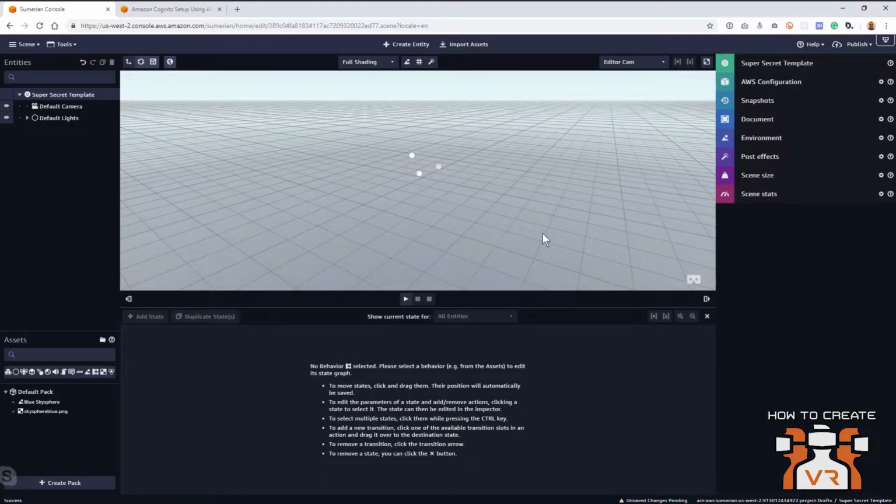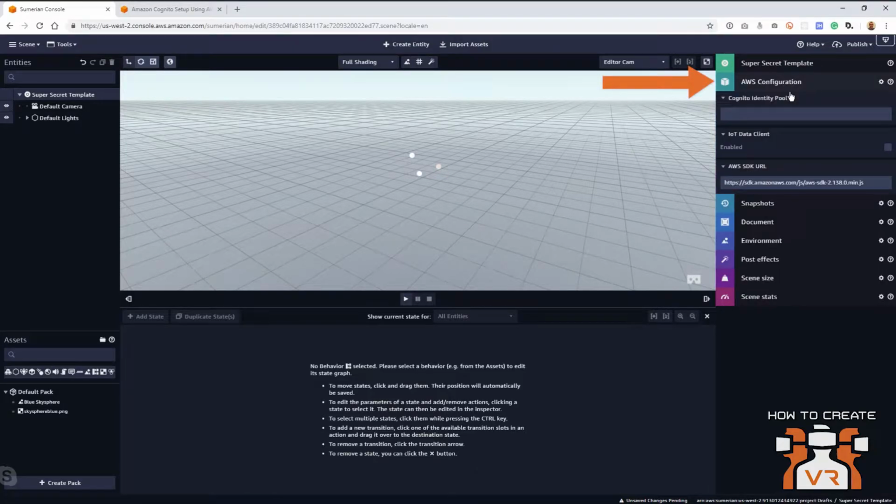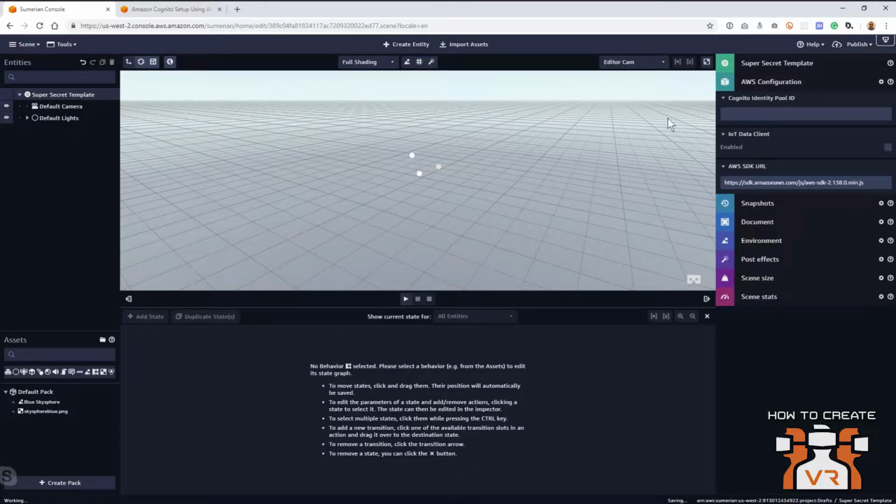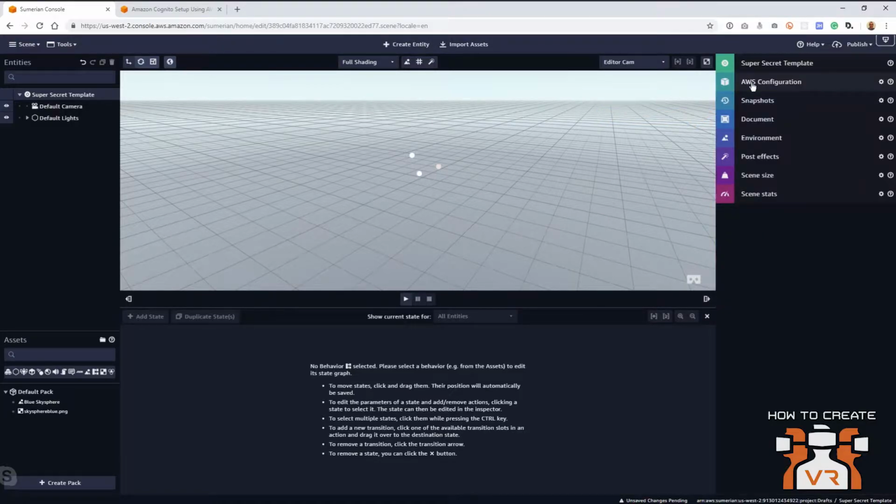So the very first thing we're going to do is look at completing this AWS configuration. We're going to basically run through a tutorial, which I've already set up, but I just want to quickly show you that Amazon has this Cognito setup tutorial. They're using CloudFormation, and the idea here is that you just simply launch this stack, which will generate what's called the Cognito Identity Pool ID. So if I come back to this, I can now enter in my ID and get that set up. The reason that's important is it will give our Sumerian scenes access to Amazon Lex and Polly